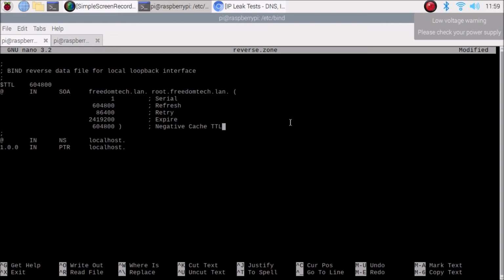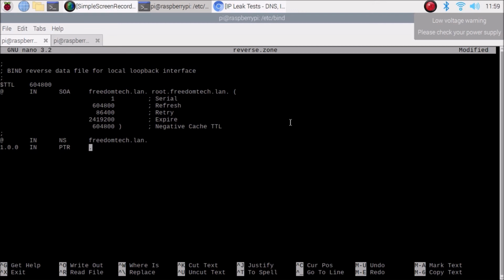Then scroll down, and in NS also we need to mention our domain. So freedomtech.lan. That's it. And here in localhost, right now we need to mention the full name, meaning we need to add our host name and also the domain name.